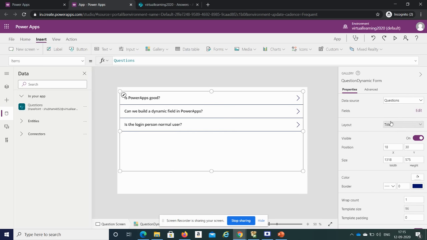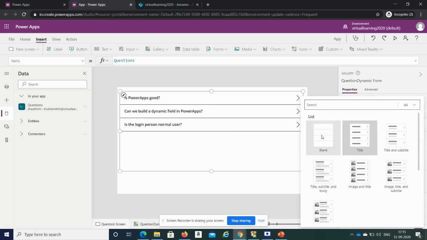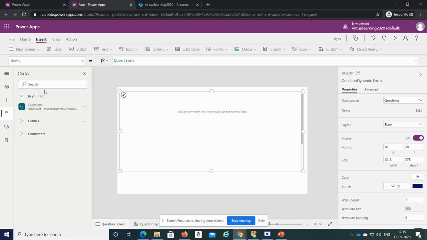Yeah. So we had selected the blank. That's why it was not showing anything. If I am selecting blank, there is no problem. Still we can add our own.